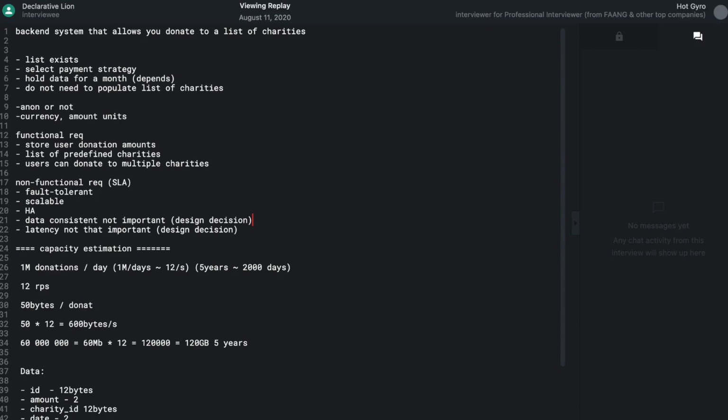I think your capacity estimation is great. Once you're able to use these kind of quick conversions, you're able to do the math really quickly. However, you notice that 120 gigs in 5 years is really small, which is fine because the system is going to grow and you're going to have way more than that, right? It's going to be terabytes soon.